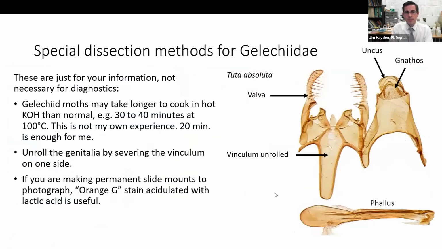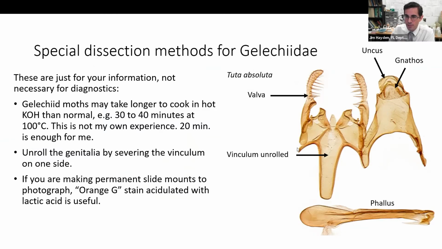Gillichidae have some special dissection methods. I'm jumping into really advanced tips right now, so you can ignore this slide if you want. But for one thing, don't be surprised if Gillichids take a little bit longer to cook in KOH than most moths. Some people say 30 to 40 minutes. I don't really have a problem with more than 20 minutes. In the illustrations, you'll see it's good to unroll the